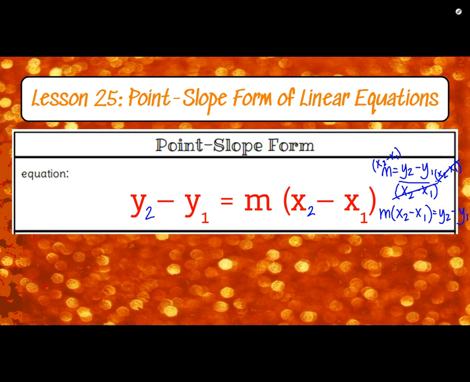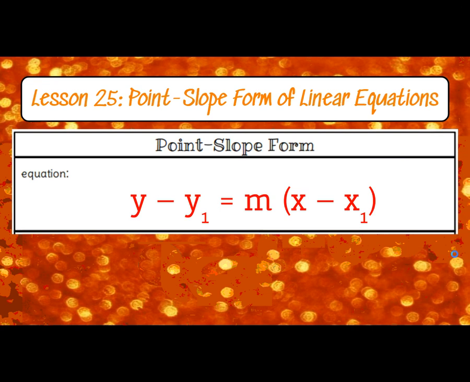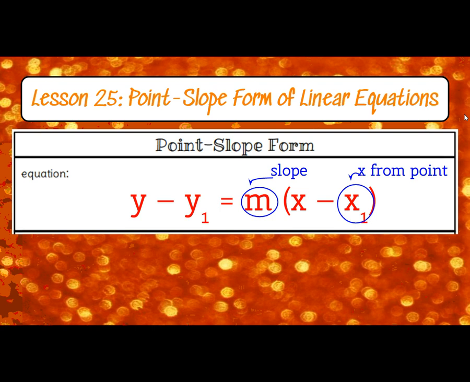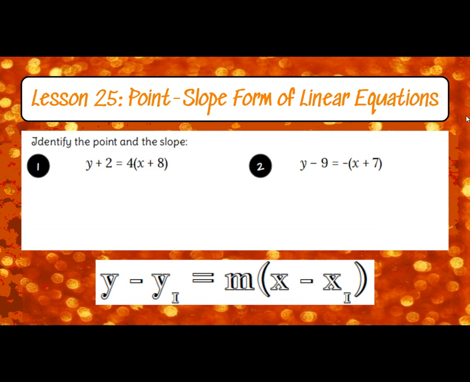So it is a little bit different, and I'll tell you the reason why we don't have those 2's is because those are always going to be x and y. So we're going to put slope in the m spot. x1 is going to be the x part from a point. y1 is going to be the y part from the point, and then the y and the x are just the y and x that are always in y equals mx plus b, ax plus by equals c. There were always x's and y's, so that's where the x and the y go, the ones that are just by themselves. So we're going to identify the point and the slope